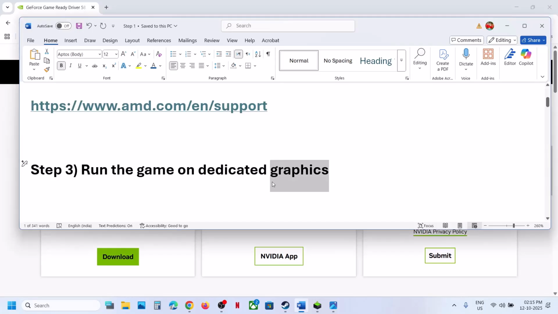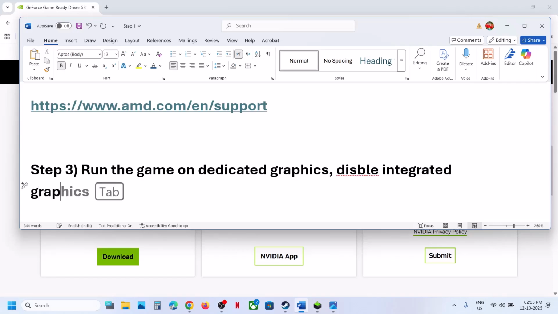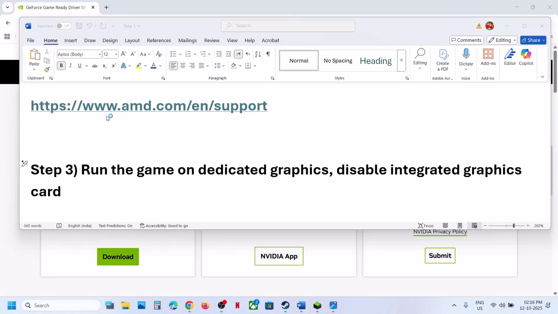Still not working? You can disable the integrated graphics card. Now, if your computer has a dual graphic card, in that case, right-click on the start menu, go to device manager